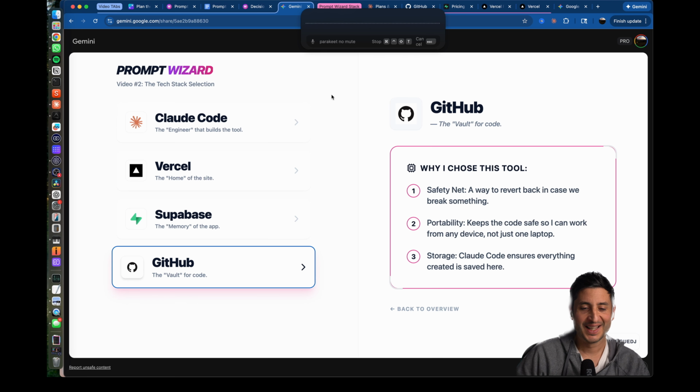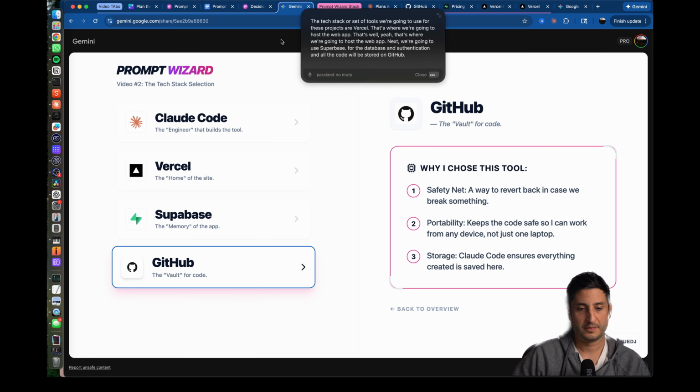Okay, the tech stack or set of tools we're going to use for these projects are Vercel. That's where we're going to host the web app. Next, we're going to use Supabase for the database and authentication. And all the code will be stored on GitHub. There we go. I have my